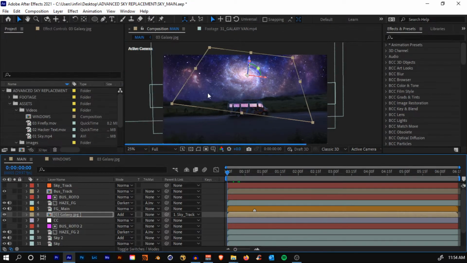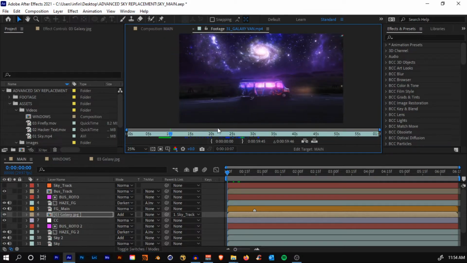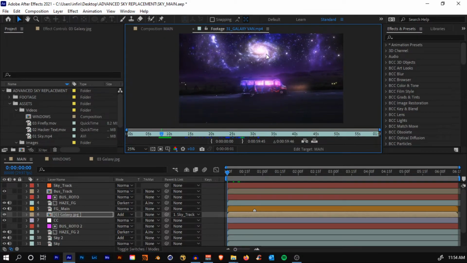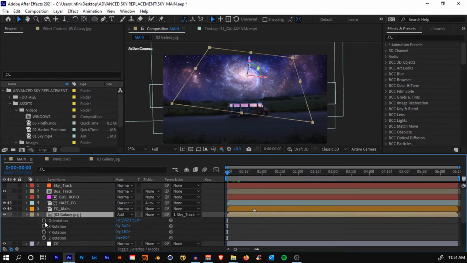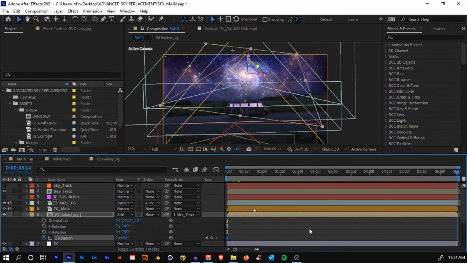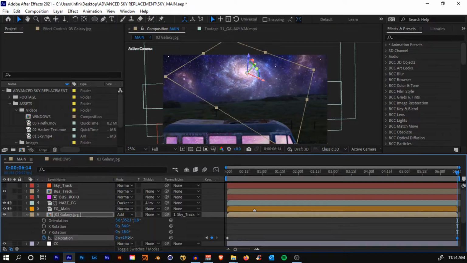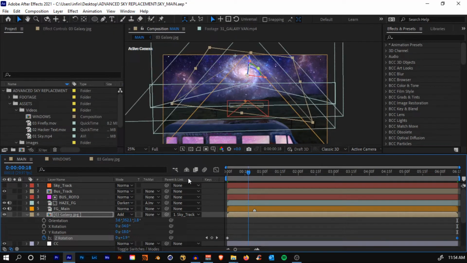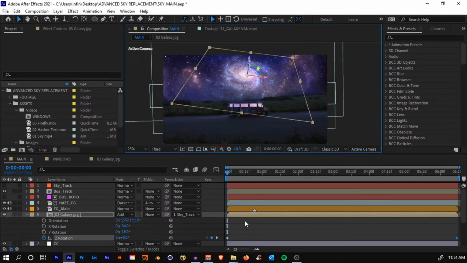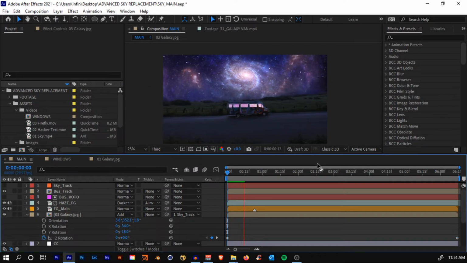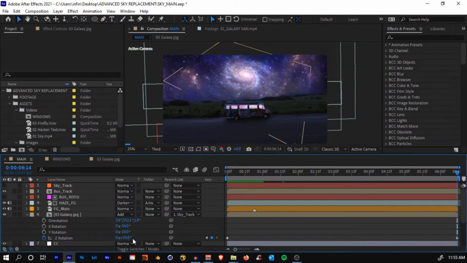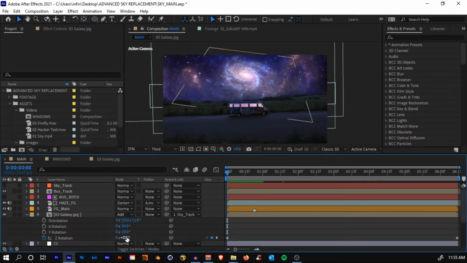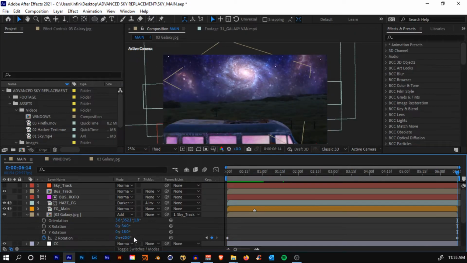Yes, and we'll also add a little animation because you'll see that in this example it was rotating, something like that. So hit R on a keyboard, add a rotation to the Z rotation, add a keyframe, go to the end of the timeline and just increase the value to somewhere around 20. Now if you just play back, decrease the resolution, you'll see that we'll have it rotating. Don't increase the value too much because it will be too fast. I'm just increasing with the value of 20. See, in the beginning it's 0 and at the end it's 20.